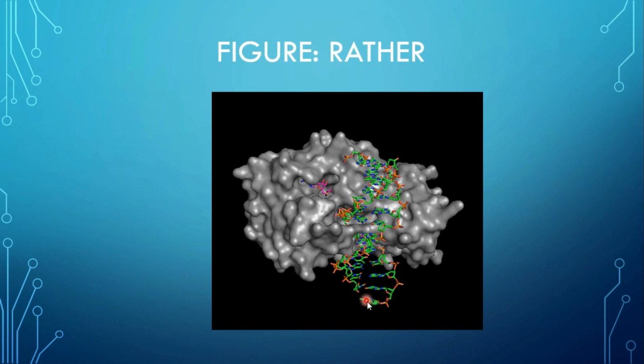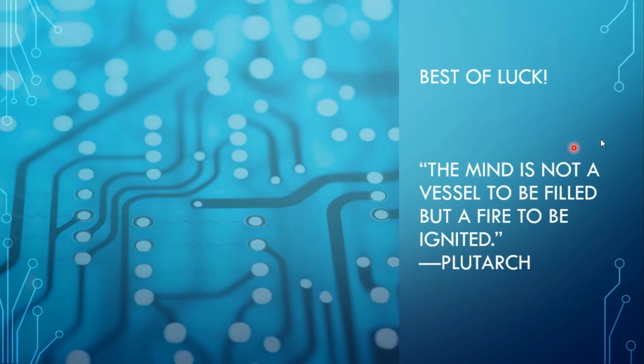So with the color selection, the DNA has the default coloration, which is the green carbons, whereas the ligand has magenta carbons. So again, if you do not wish to add those types of details in the figure legend, make sure to include them on the figure. Again, the more detail you provide, the better. Best of luck.